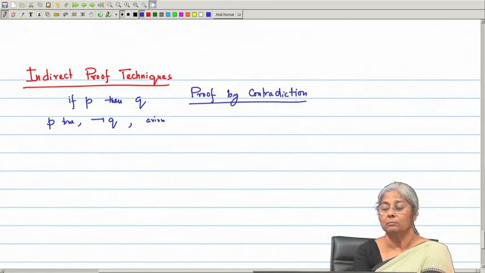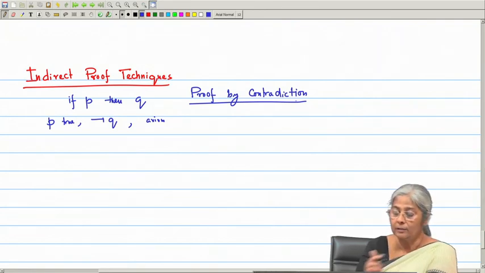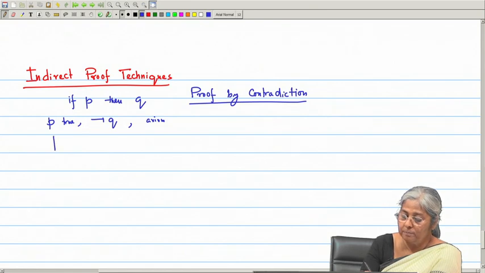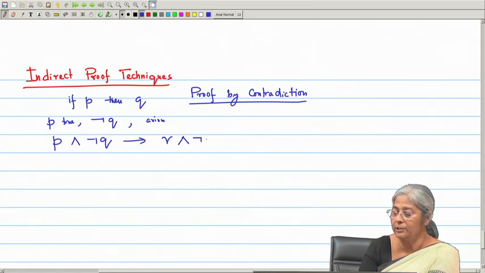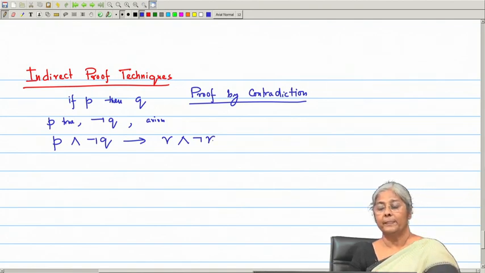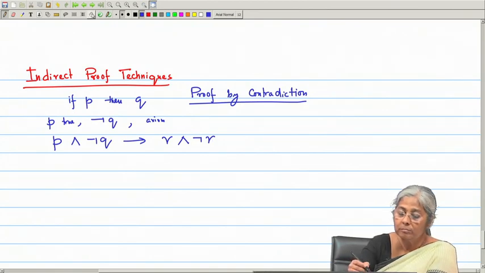In a simpler way, we assume negation Q, and if P is true and negation Q together imply a contradiction, that means R and negation R, is that working correctly? I can ask whether they are equivalent: P and negation Q